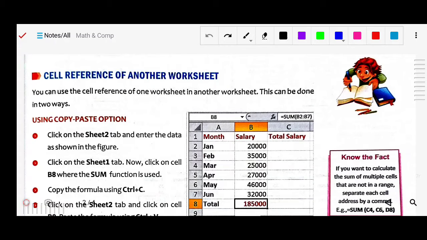We have created formulas: how to create a basic formula, using compound formulas, and using formulas on text, meaning we can apply the formula on text also. In the case of text, we can join two text strings, two words or two letters.